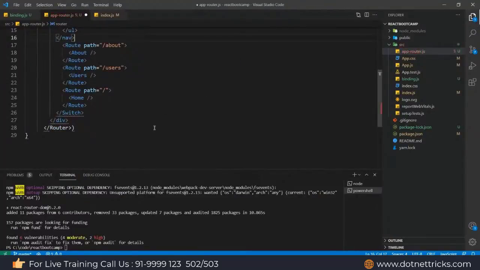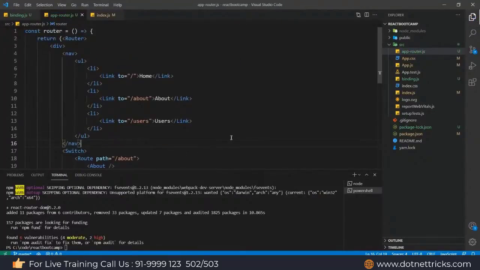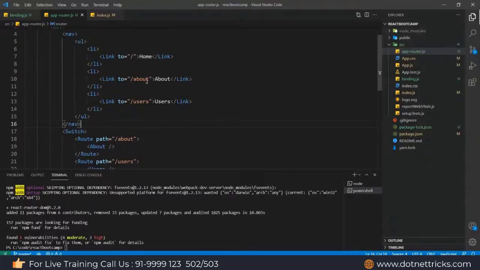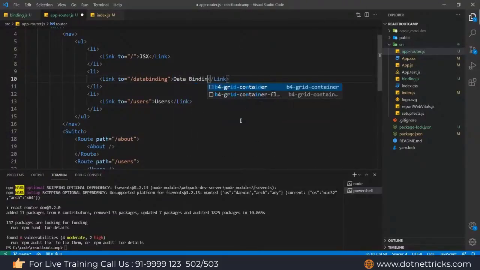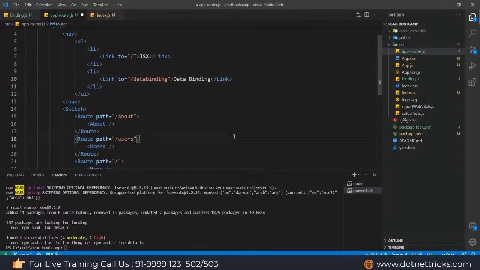I just define it here from the React router. But in my case, I don't have any other component. I have JSX, and I'm using data binding. So this is my data binding. Two things I'm adding here: one for JSX, and another for the data binding.